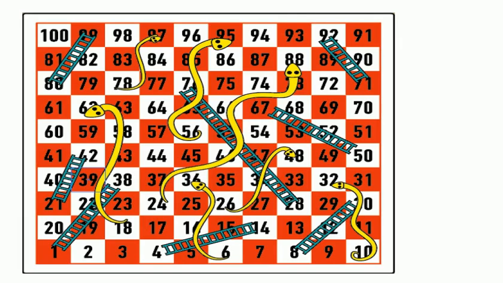Can you guess what game it is? Yes, it is snakes and ladder. So, what do you find on this board? You see numbers starting from 1 up to 100. Now, can you say what number comes after 99? Yes, it is 100. So, 99 is a 2-digit number, whereas 100 is a 3-digit number. The number that comes after 99 is 100. After 99 starts the 3-digit numbers.